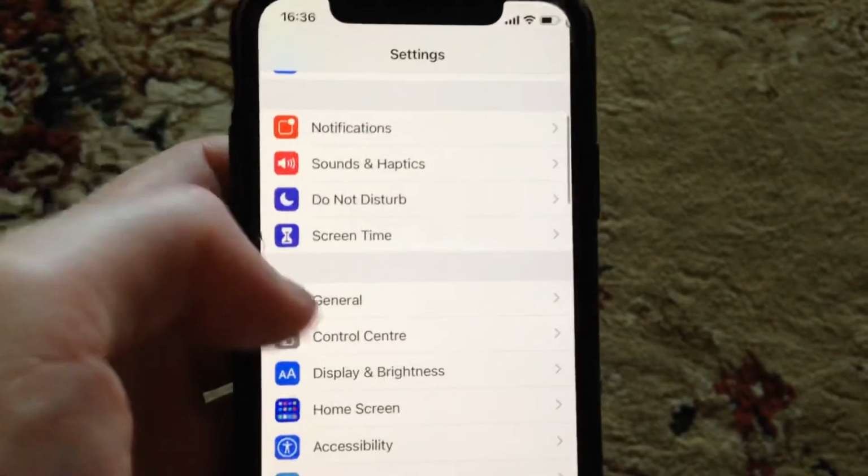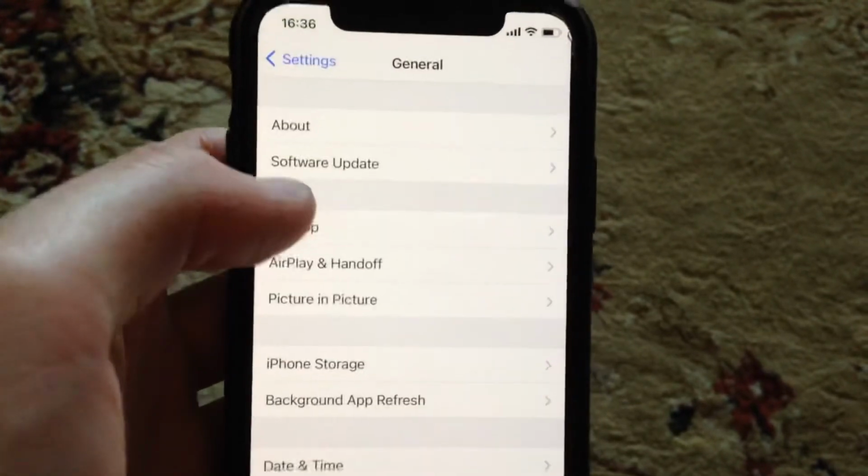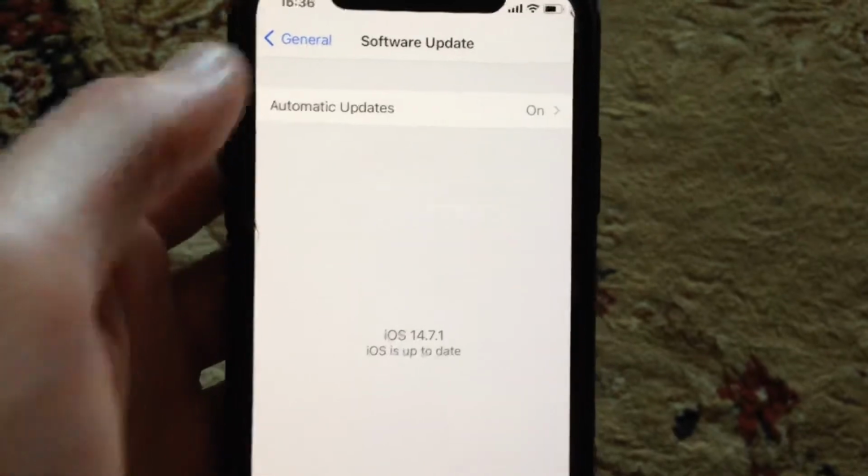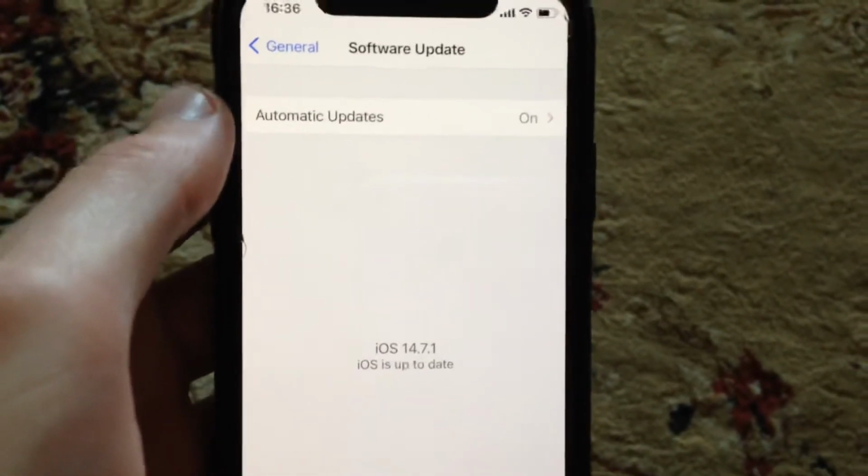And also the last option you can try: just go to general, tap on software update, and if you see available updates here, just tap on download and install, and wait until it successfully installs the latest updates